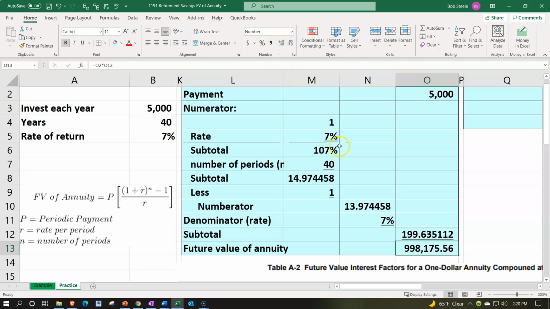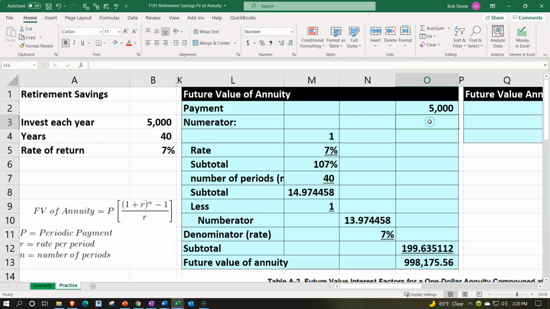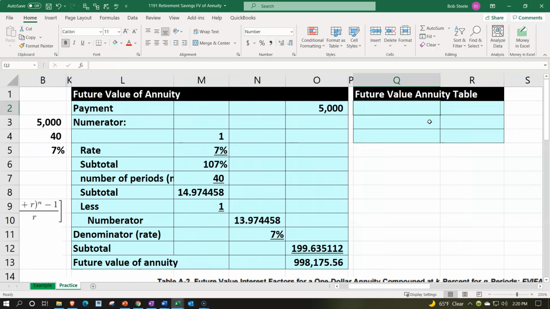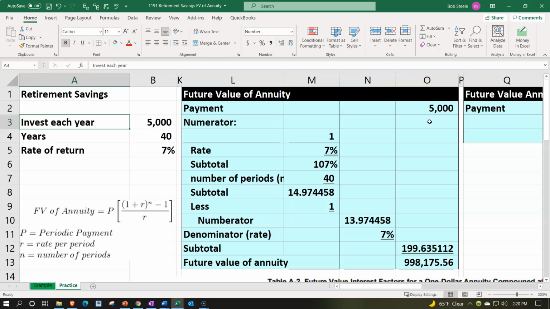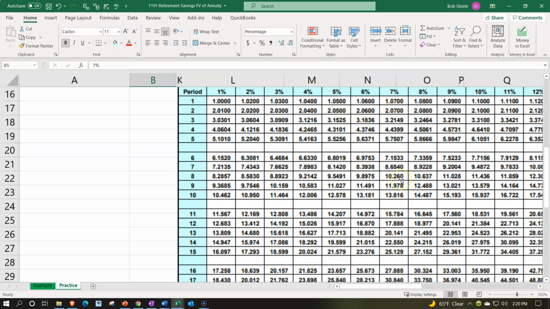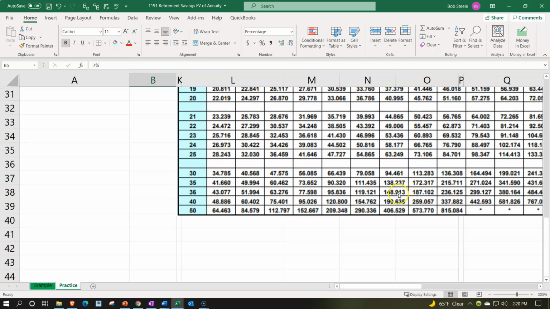998,175.56. Let's do it one more time, this time with the tables. So hopefully a school doesn't make you do that algebra too much on it. And they might give you the tables, which is slightly nicer, which you're just going to take this 5,000 and multiply it times the amount from the table, which would be at periods 40, rate 7. So we're looking 7 on the rate, 40 all the way down at the bottom of the table, way down here,